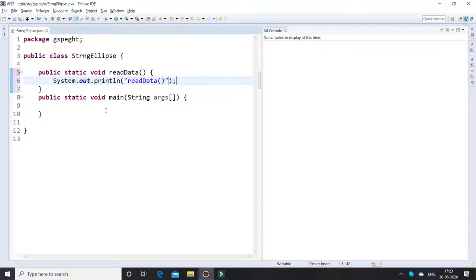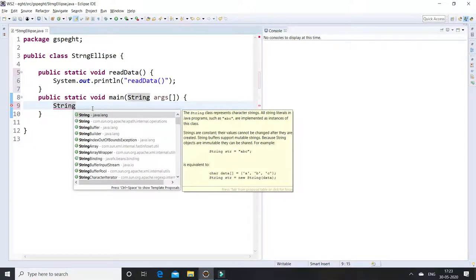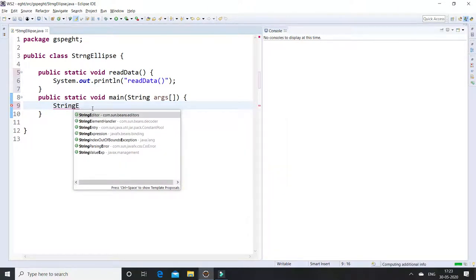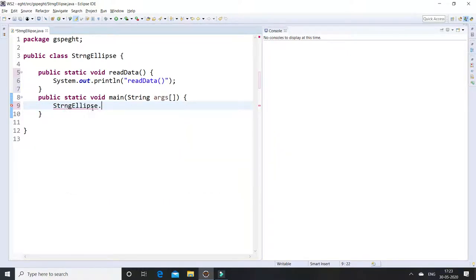So how can we call this static method? There are two ways to call a static method. One is to use the class name, dot, and then the particular method name.